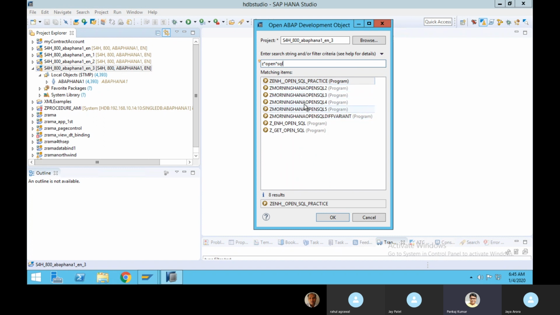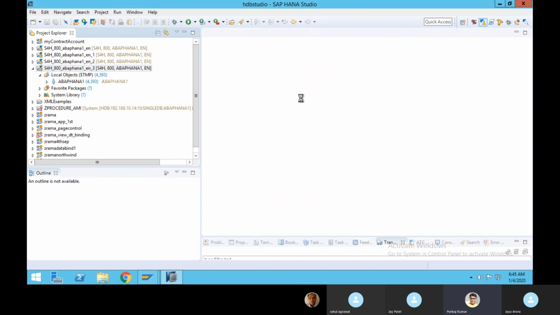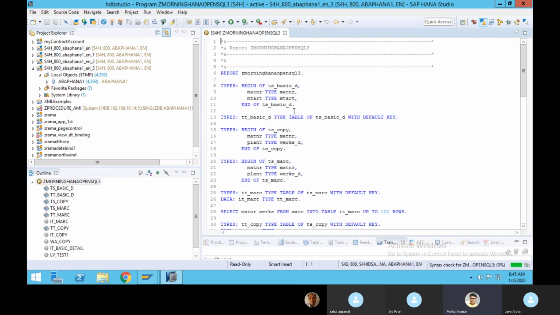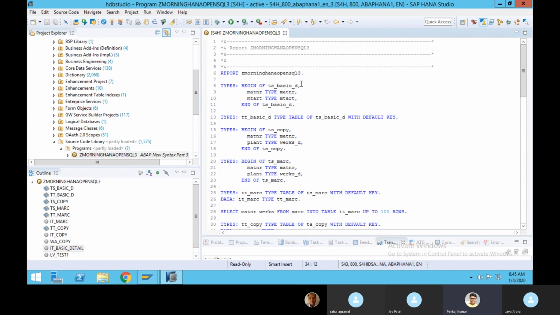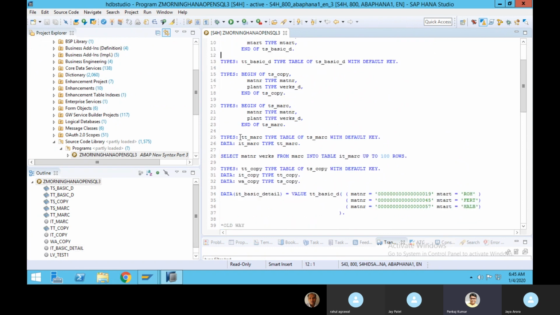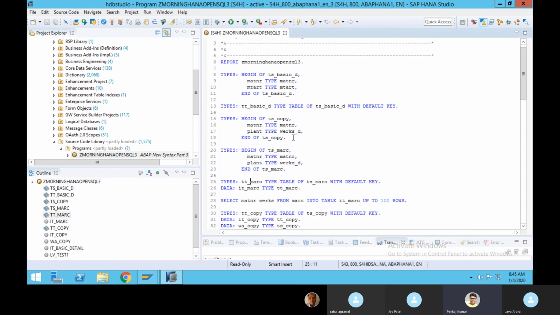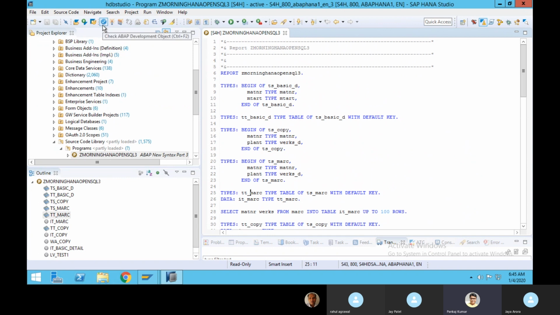We have created this program, and if you double click over here, the program will be opened, and here also you can do all the programming the same way as you do in the SAP GUI environment. It's also a very friendly environment. There are multiple features here. You have the option to check the syntax, to activate multiple objects at the same time or a single object at one time. And if you want to run the program and test it, this is the option. The enhanced search option is over here.